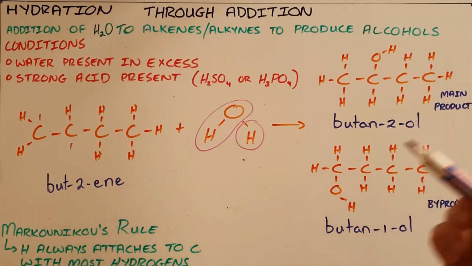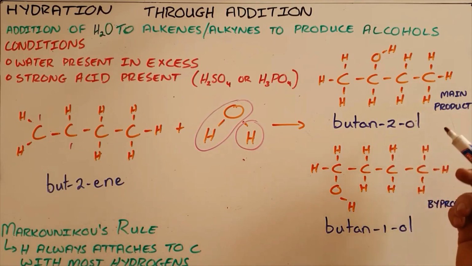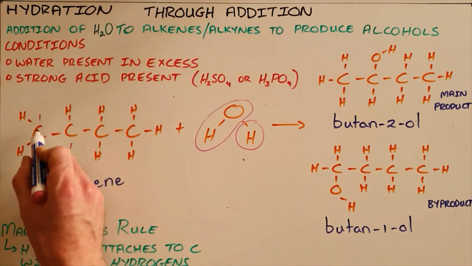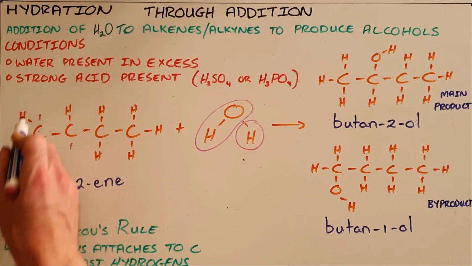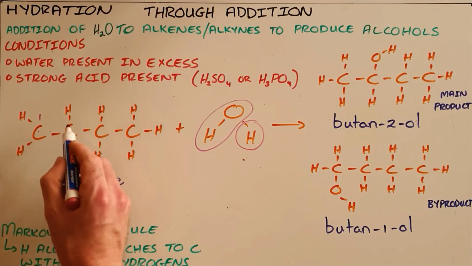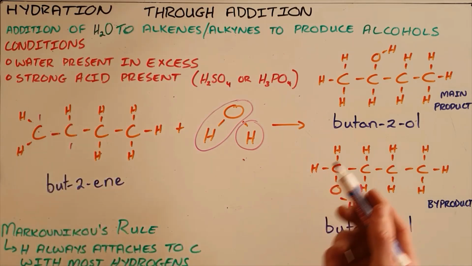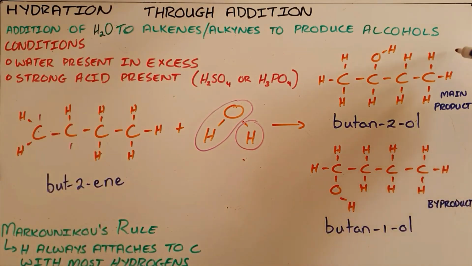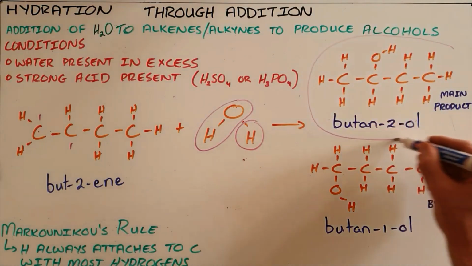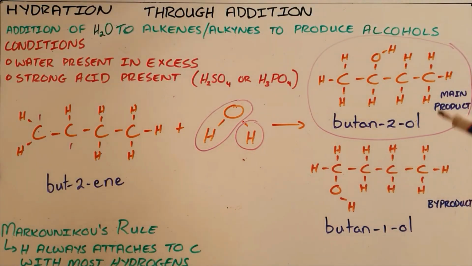We can determine that the butan-2-ol is the main product by Markovnikov's rule, which tells us that the hydrogen will always attach to the carbon with the most hydrogens. So as we can see, this carbon number 1 already had 2 hydrogens to start with, where carbon number 2 only had 1 hydrogen. So as a result, we would say that butan-2-ol is the main product because the